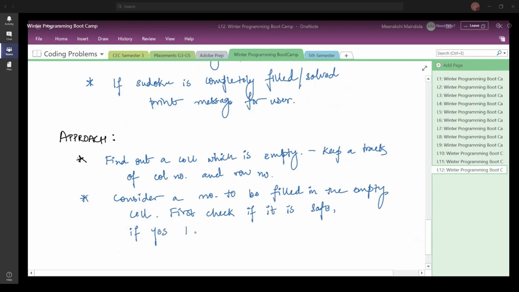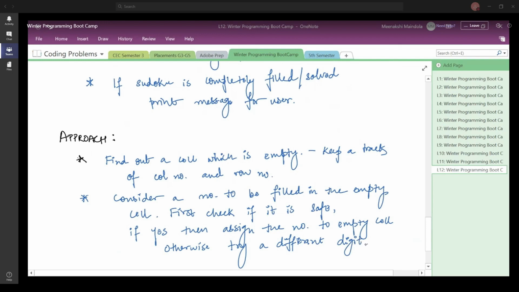If yes, then assign the number to the empty cell. Otherwise, try a different number or digit. Okay, so this is what you want to do here.